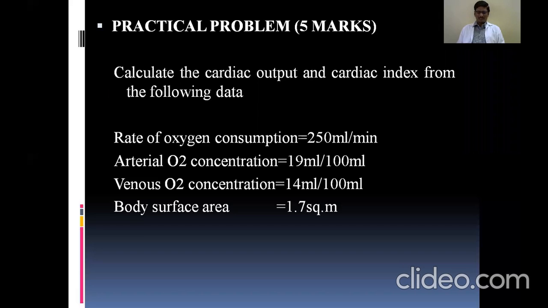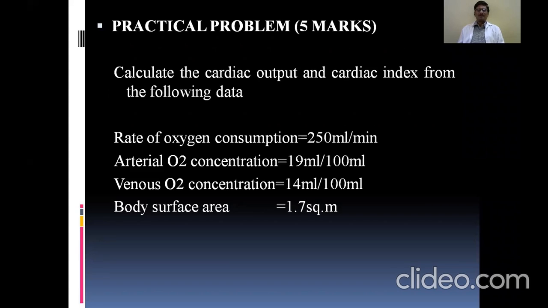Now, cardiac output is a numerical value. So by looking at cardiac output, sometimes we may not be able to make a clinically significant interpretation. Say, for example, there may be a person whose body weight is around 120 kilograms, and another person hardly 40 kilograms. In both individuals, suppose the cardiac output is a particular value, and suppose we don't know the body surface area or the body mass index.